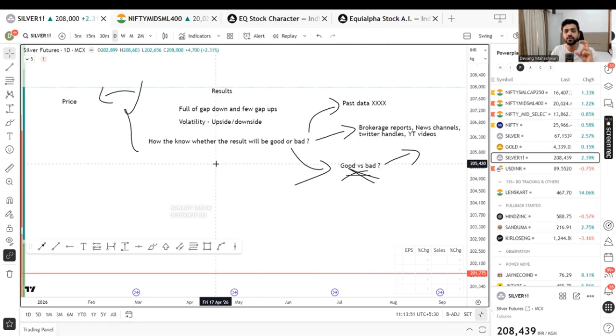So for a swing trader, we don't have to go into the debate of what is good and bad. If the price moves up after results, then you can surely say it was good. If today the result is coming and tomorrow the stock is opening 15% gap up, you can say with 100% confidence that it was a good result, even if as per 100 other people it was bad, because the price is telling you it was good. So our task as a swing trader is to understand prices, and not go into what is good and bad in results.